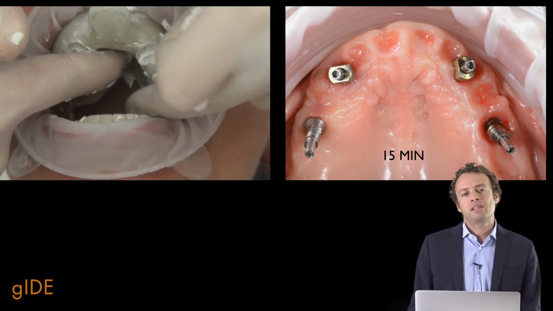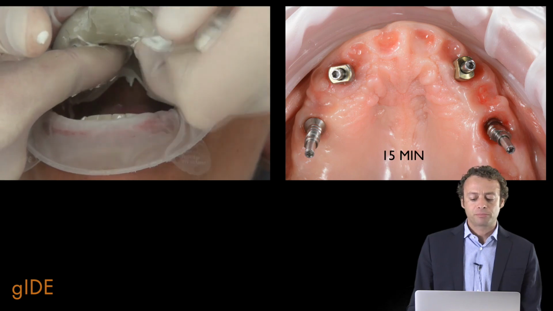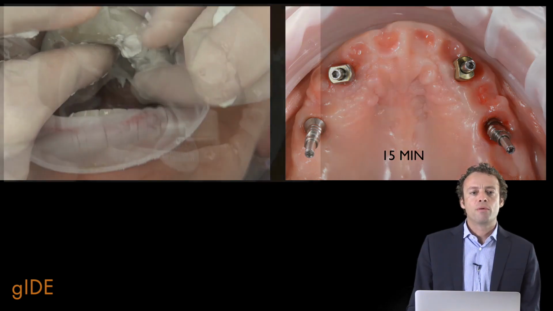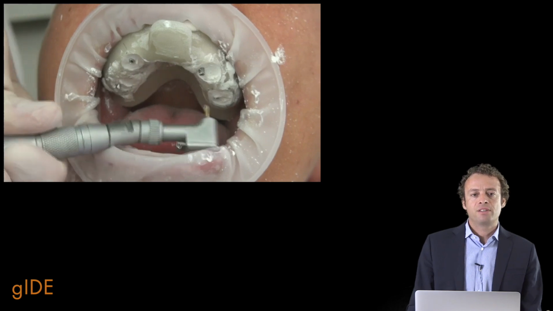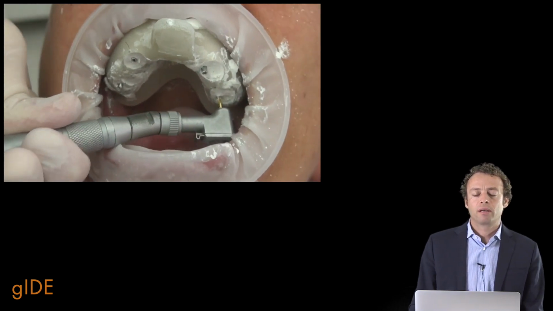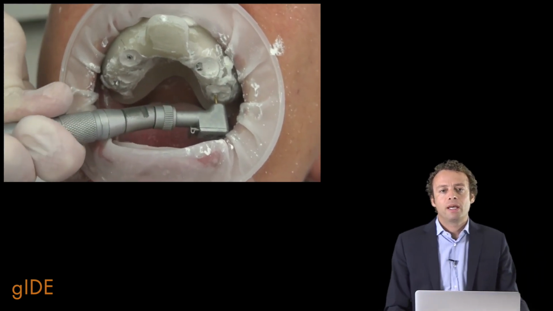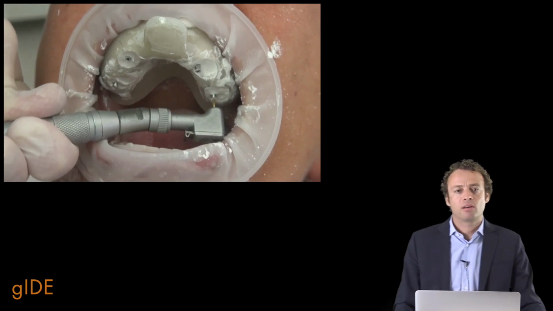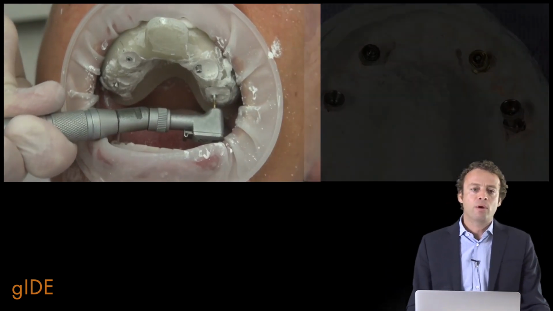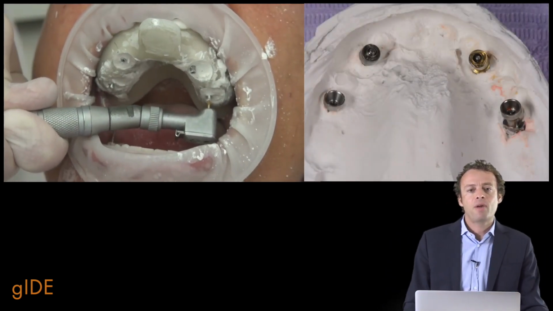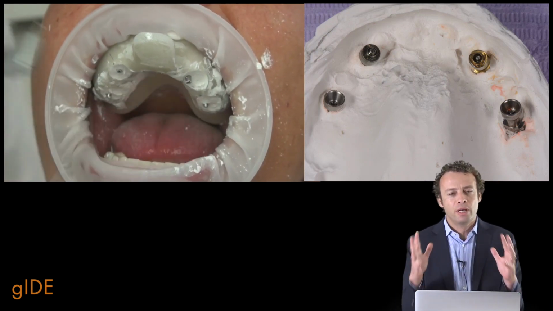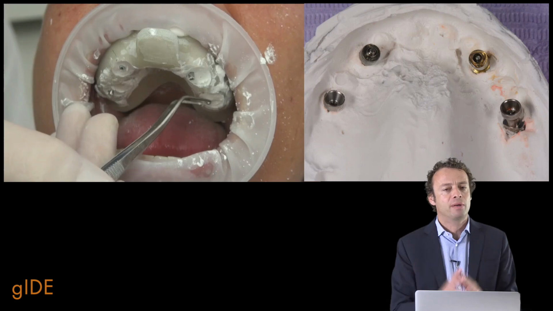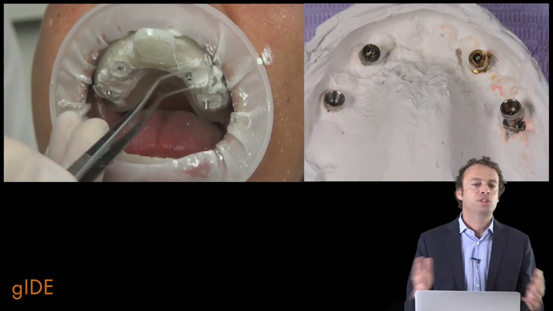Once the setting of the plaster is concluded, of course we remove the impression tray completely from the mouth, and this is the normal approach that we also use with other kinds of material like polyether or silicone. And when we remove the impression, this is exactly what we have. Of course, this impression is really good in terms of 3D implant position, but in terms of soft tissue morphology,